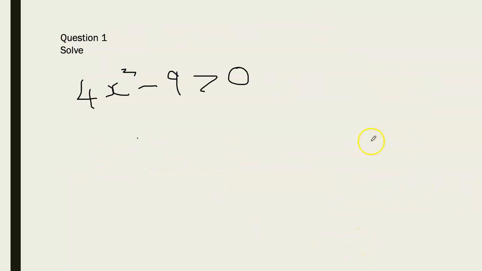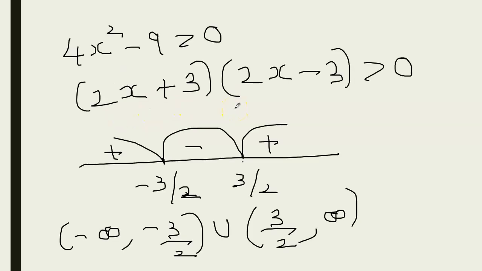Coming to questions, solve 4x squared minus 9 greater than 0. So first step, what do we do? We factorize. So the roots are, we factorize into (2x plus 3)(2x minus 3) greater than 0, and we need to check if the coefficient of x squared is positive. It's positive here. So we divide it into intervals. The roots are 3 by 2 and minus 3 by 2, and we plot it on the number line and